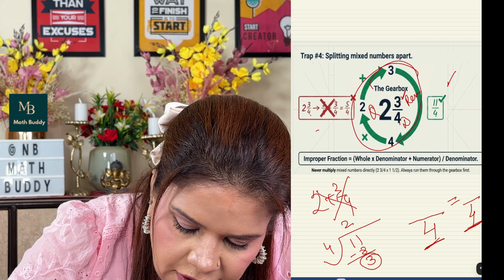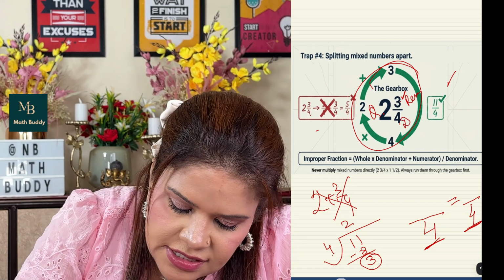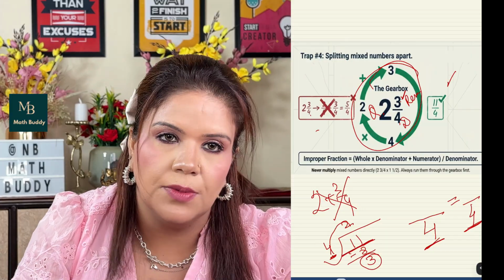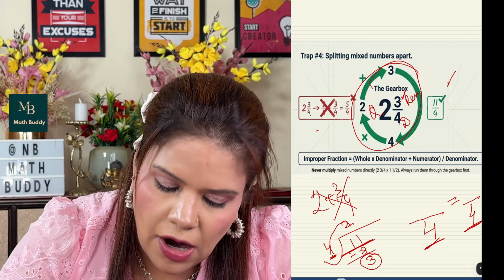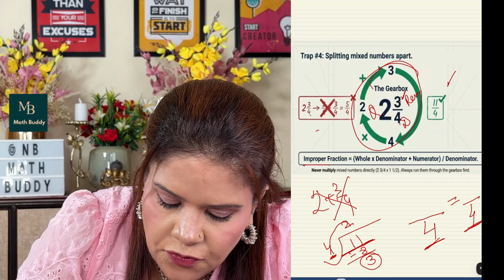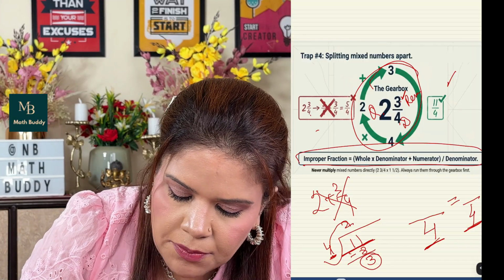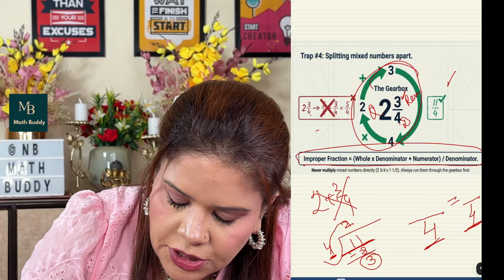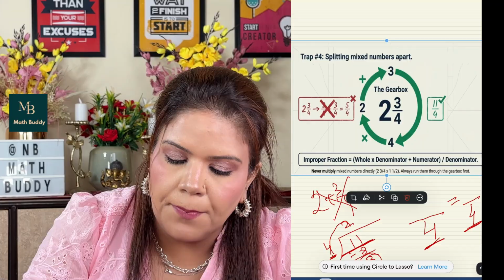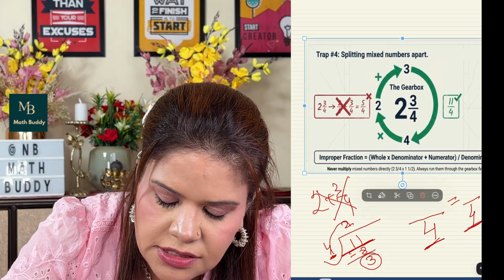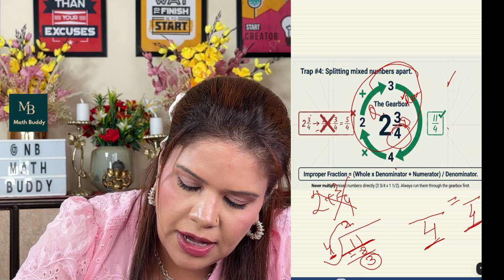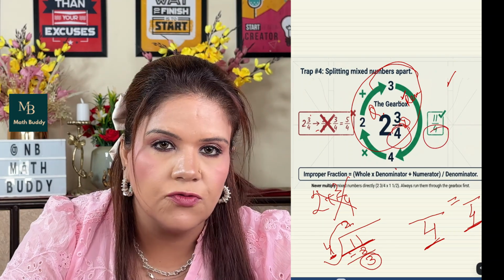This is my quotient and this is my divisor. So the divisor when multiplied with the quotient, after adding the remainder, will give me my new numerator. So that's the method. For the improper fraction numerator, you multiply the whole number with the denominator and then add the numerator to it. But the denominator remains the same. 4 will remain 4. It won't change.